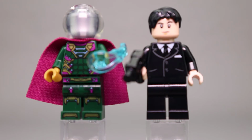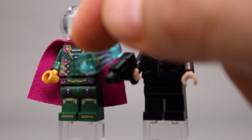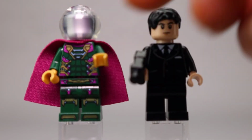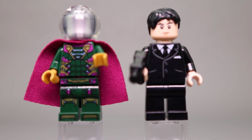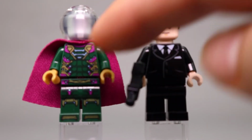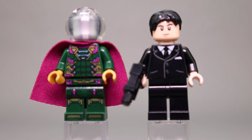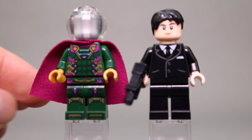Next up we have Mysterio and Happy Hogan. This is the same Mysterio figure that we get in all 3 of the Far From Home sets. You can see there's a lot of really nice printing. He has these power bolts on his hands that will pop off to give you kind of an action feature. The printing on this is good in all of the different colors. So we have the dark green and then the gold and kind of pink accents and this nice soft pink